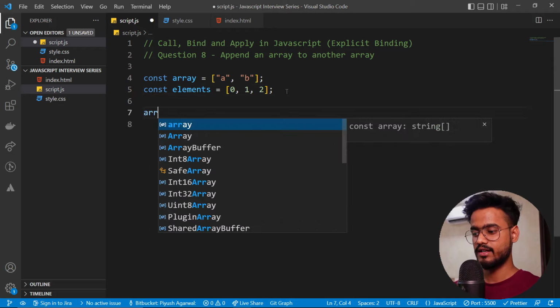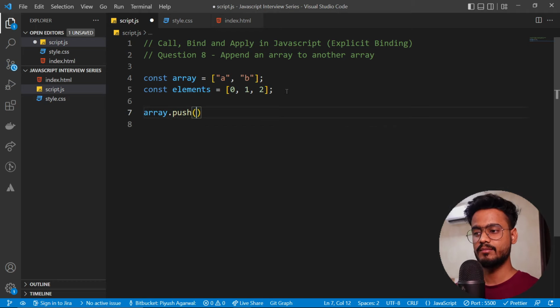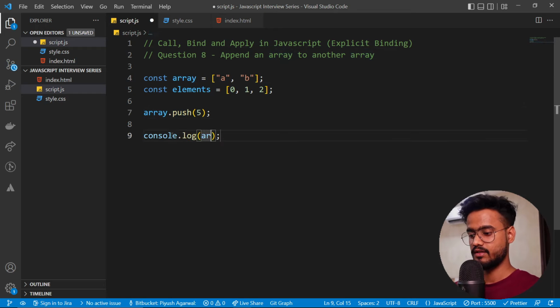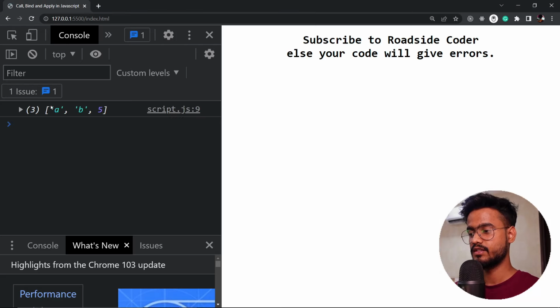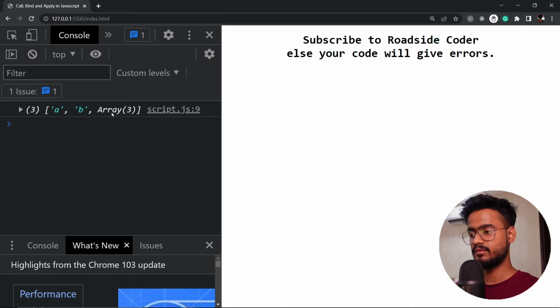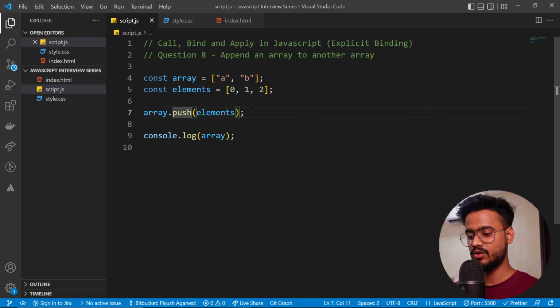So if I go over here and say array.push, we can push any element inside of this array, right? If we use, let's say, 5 and just console log array, you're going to see we have a, b, 5, right? But what if we want to push these elements? It's simply going to push the whole array inside of it. That is not what we want. So what we can do is write